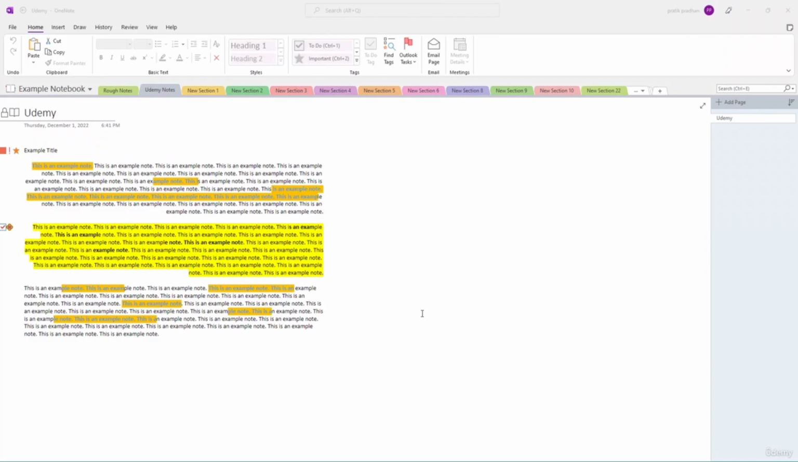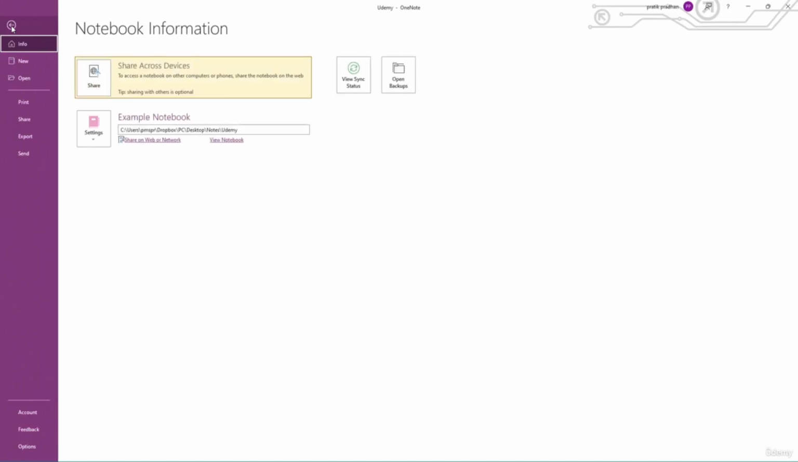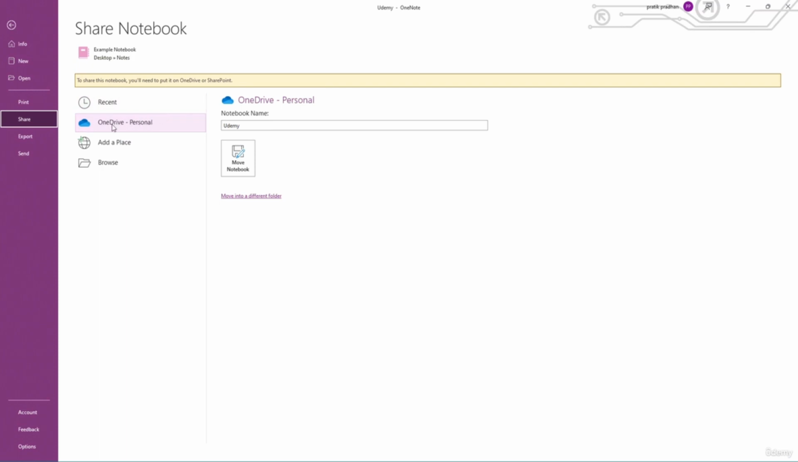You can also save your notes into your OneDrive. To do that, you need to go onto file, and then once you are over here, you can go onto, let's say for example, share across devices, and over here you can see OneDrive is an option. You do need to be signed in, of course, to your Microsoft account to access your OneDrive. So you can select your OneDrive right here, which is the OneDrive personal, as you can see,